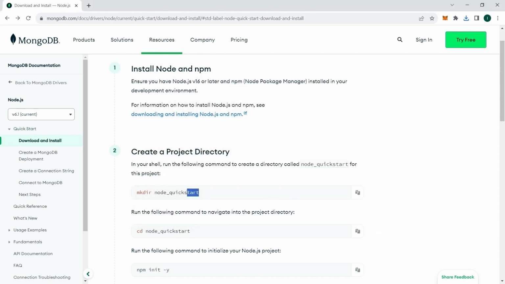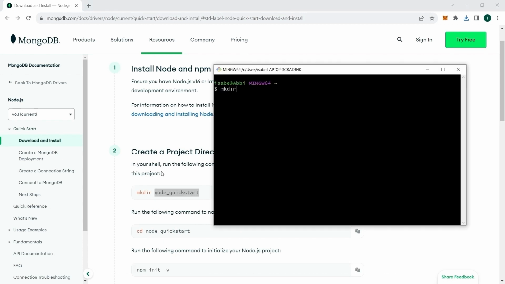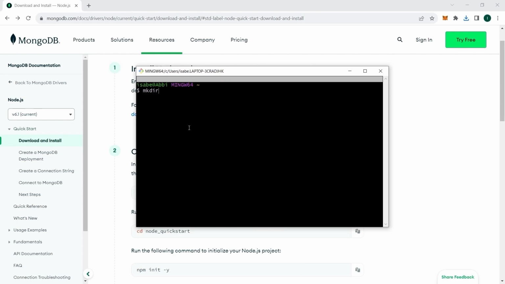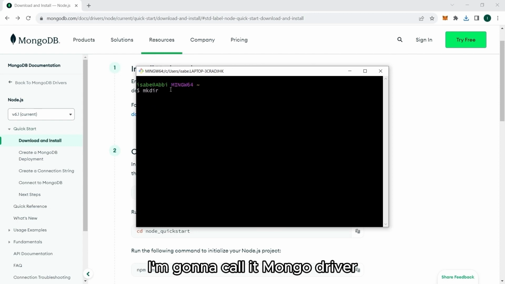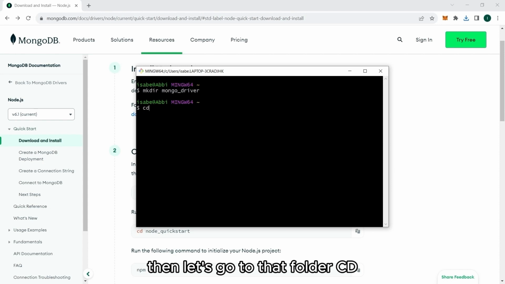Here, the name is node_quickstart, but we can name it whatever we want. So for this one, I'm going to call it Mongo Driver and hit enter. Then let's go to that folder, cd Mongo Driver,